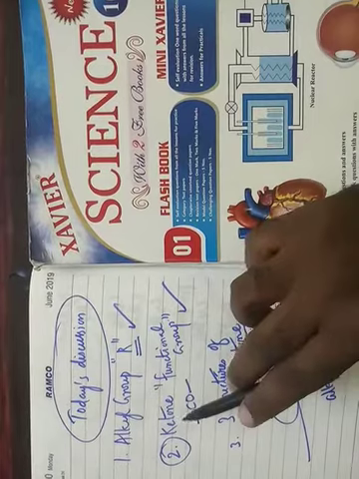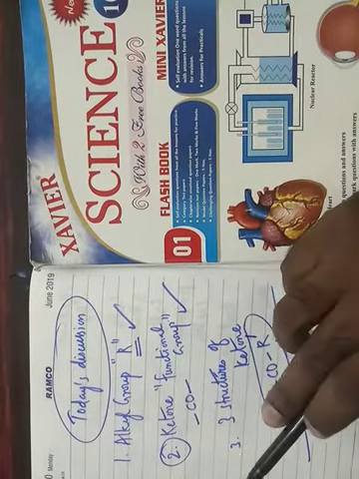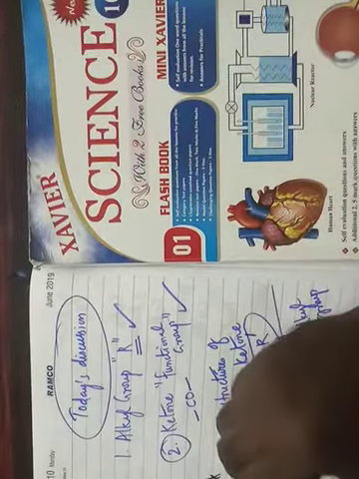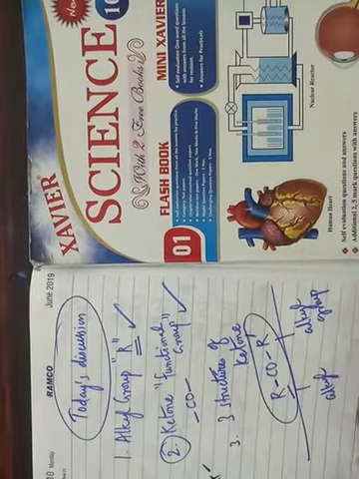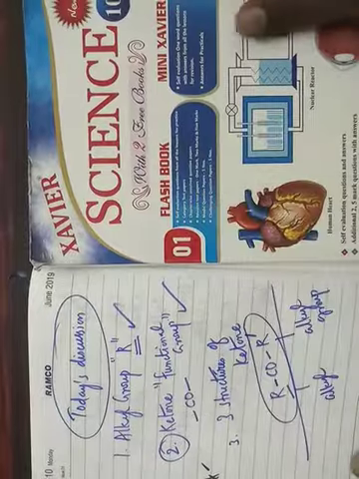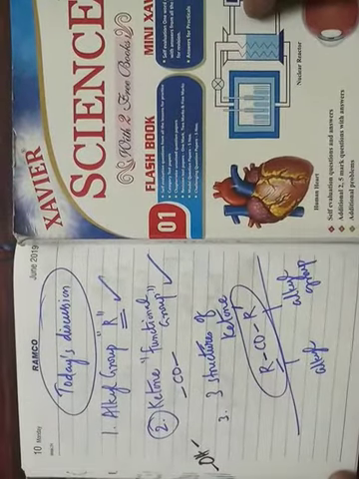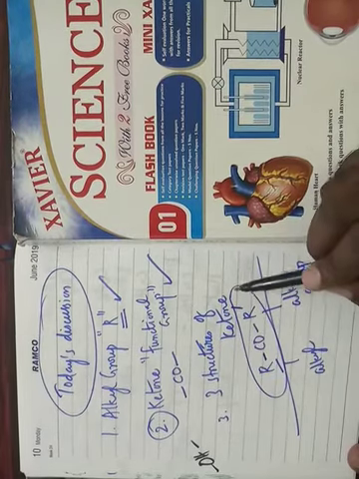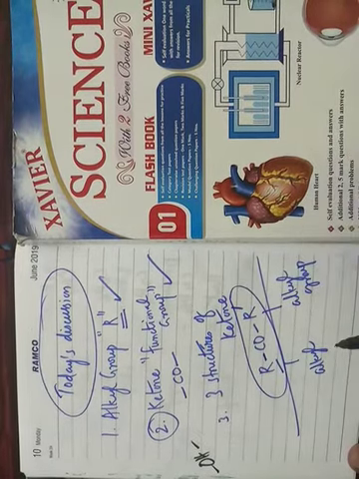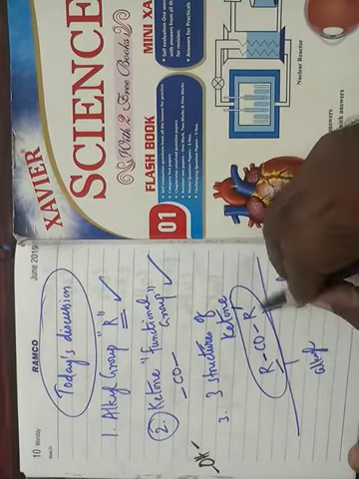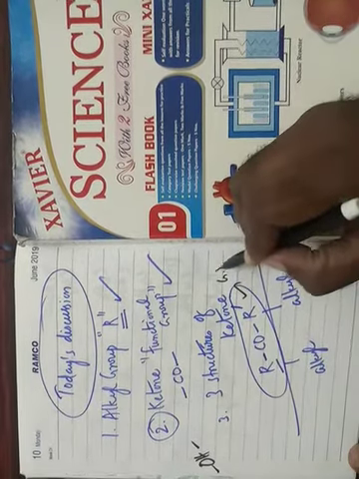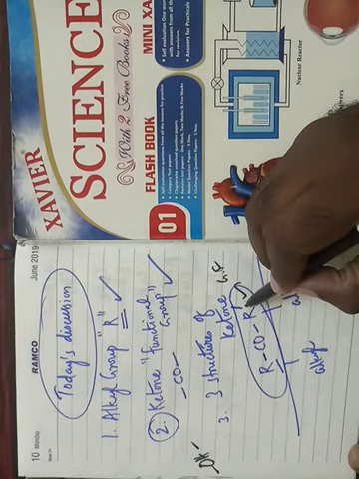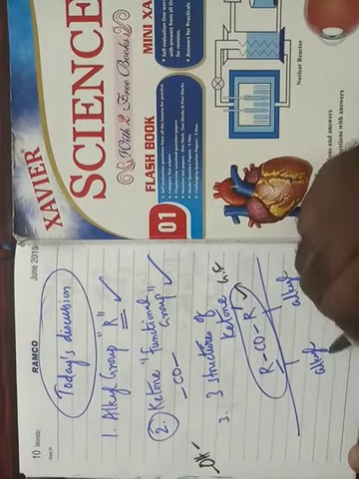Next, we are going to introduce ketone. In the last class we saw alcohol, that is OH. Alcohol is OH. We saw the structures of methanol, ethanol, propanol, butanol and pentanol. In this class we are going to see ketone. How many structures are there? Only 3 structures of ketone are there. How are we going to draw that structure along with this formula? This is called the general formula: R, ketone group, along with R dash. This R and R dash refer to alkyl groups.